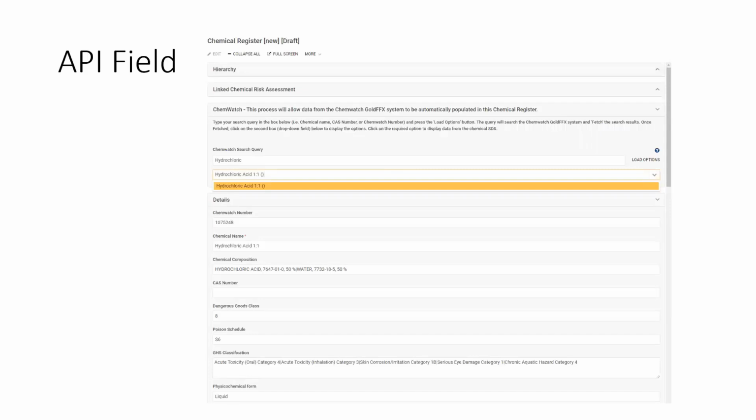What this one's basically doing is allowing us to search for a particular word. And in this case, it's searching ChemWatch. So ChemWatch is the external system. Once I've typed in hydrochloric acid and chosen load options,